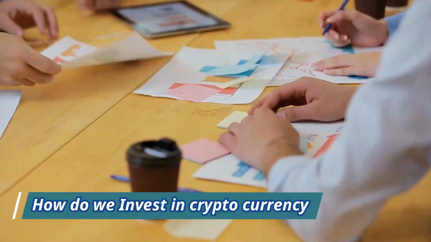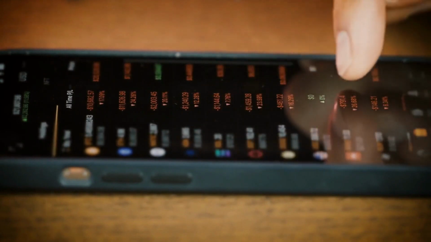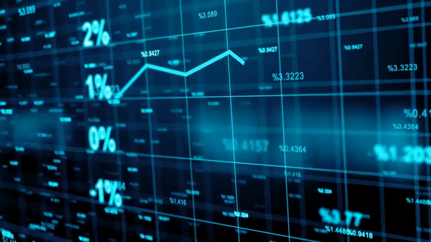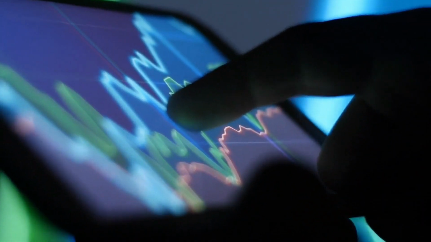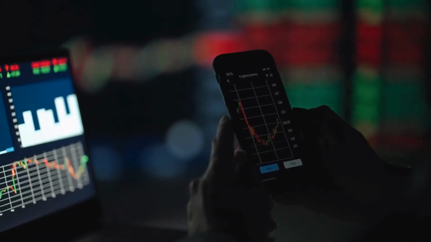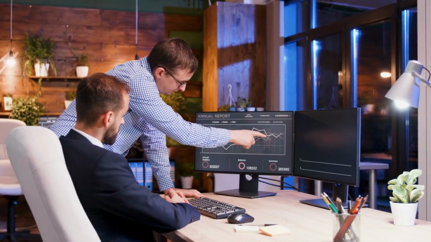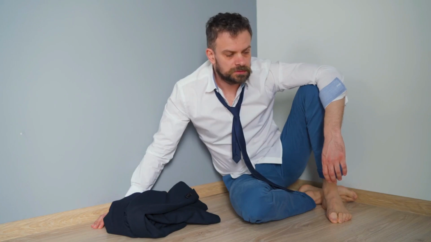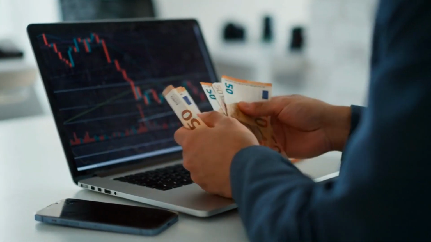So, how do we invest in cryptocurrency? Many traditional investors see cryptocurrency as a risky venture, but because of the risk factor, there's also a large payoff or return on investment. Just like any other new investment, those who invest early are the ones that are rewarded the biggest. On the downside, prices are highly volatile, and there's always a chance of losing money. Before investing in any cryptocurrency, do your own research and only invest what you can afford to lose.